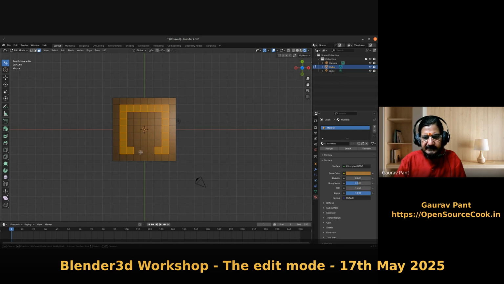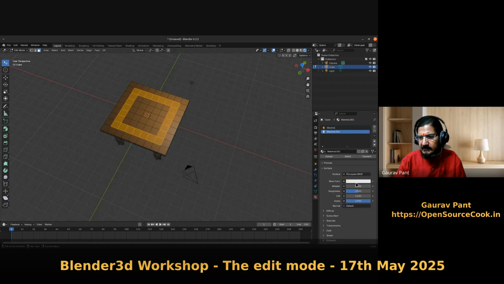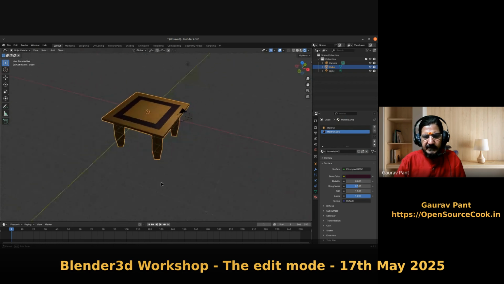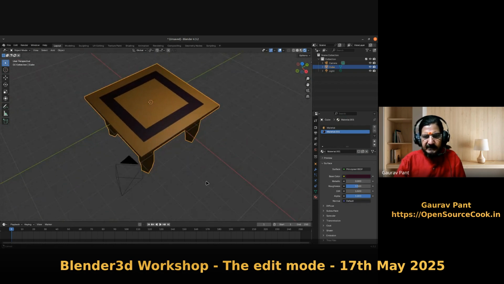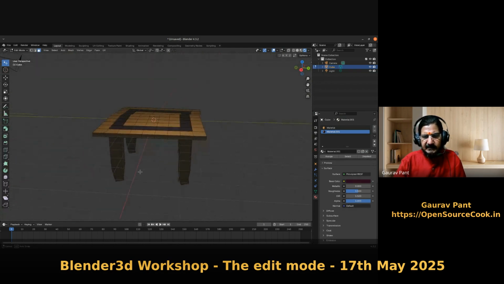Like if I've selected these areas, now I could do some other operation on this. And let's say we will add one more color to this. Let's say a very dark color. If you remember the last session, we have added this. So now you can see your table looks more interesting. So what we have seen is this operation of loop cuts, extrude, and how we can create an object